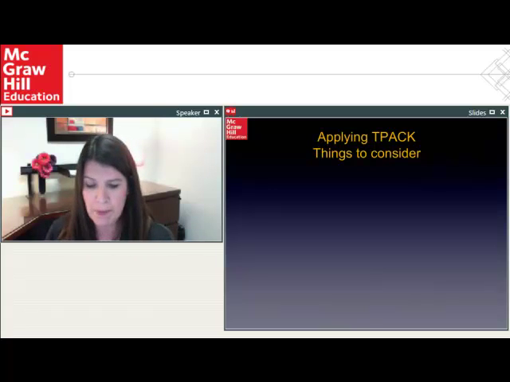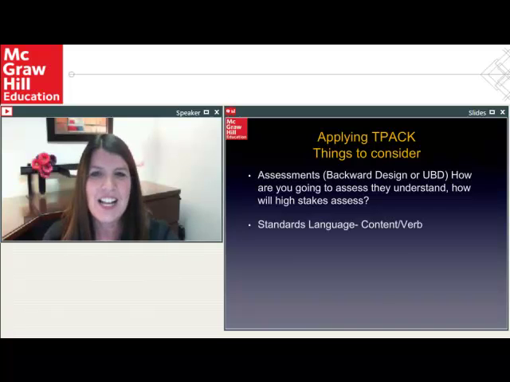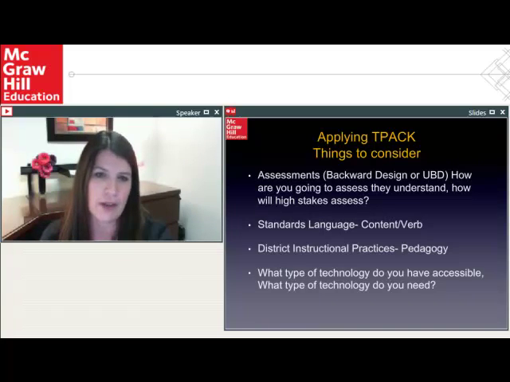So, when you apply TPACK, there are things to consider, and maybe I will put those on the screen here. You need to consider what type of assessments you are going to be doing. You don't have to do it in this order by any chance. Everybody has their own way of lesson planning, but really, how are you going to assess, and what are you trying to get out of the lesson that you're going to create?